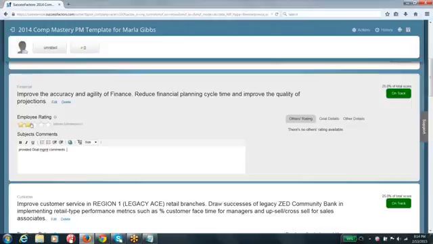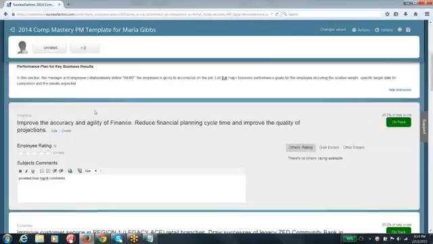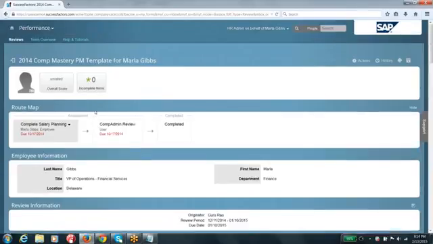But how is this rating, see here you are seeing a rating scale of 1 to 5, but why are we seeing only a rating scale of 1 to 5 instead of say 1 to 10 or 1 to 20 or 1 to 50? Because this performance plan template might be tied to a rating scale where the rating scale has been configured from 1 to 5 with a step of 1, guys. So where are you going to assign that rating scale? You are going to integrate the rating scale with a performance plan template under your administration tools, guys.